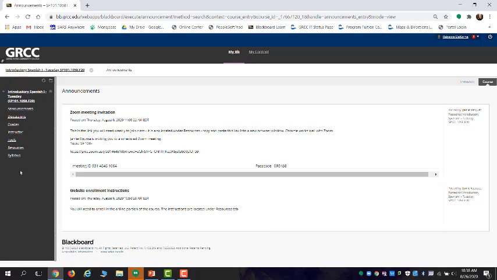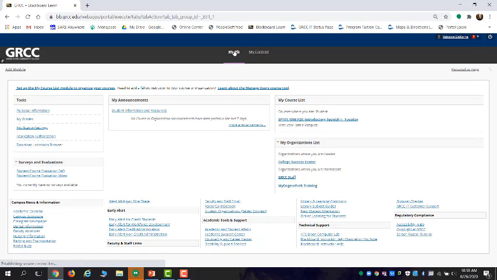So some professors will have you submit assignments online through Blackboard or will allow you to view your assignments on Blackboard, and so that might be another link that shows up on this menu. But like I said, every professor will be a little different. So if you go back to the home page, which you do by clicking this button right here, it'll bring you back